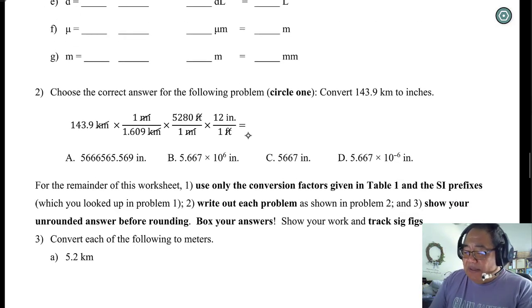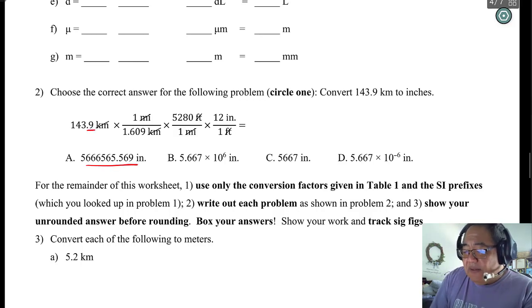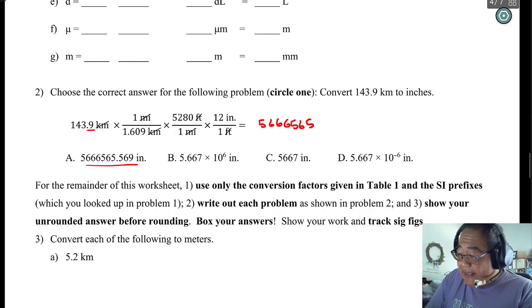You'll get an answer that looks like this. Now, if I remember right, this is the answer your calculator tells you. But there's only 4 significant figures. So what you would actually do when you answer this question is put it in your calculator, 5, 6, 6, 6, 5, 6, 5. Or it might come out in scientific notation, inches. And then you would say, okay, 4 significant figures, that's here. So now that's going to equal 5.6667, because it's going to round, times 10 to the 6th